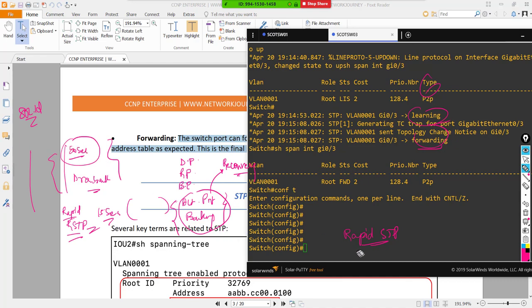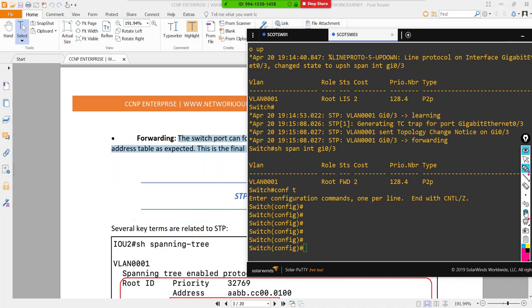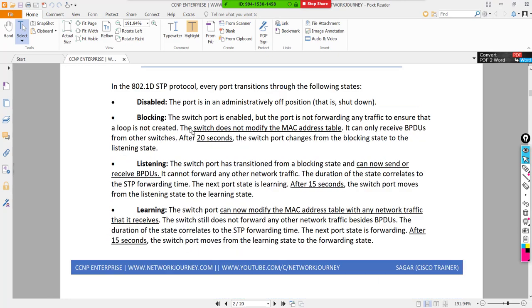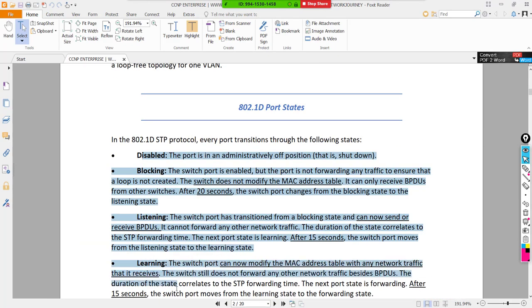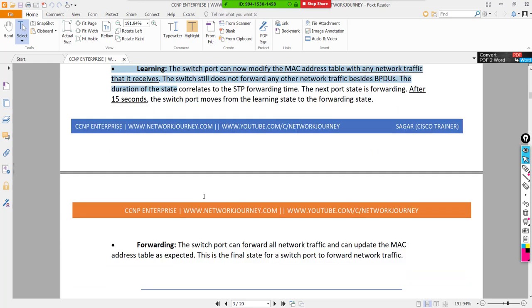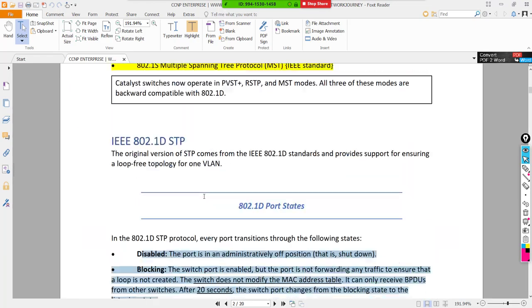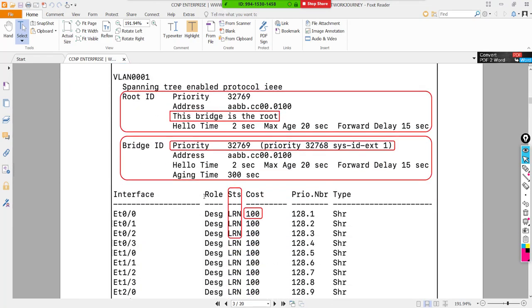The reason why we have to start with the legacy is otherwise we will not be able to understand rapid STP. Even the rapid STP has all the similar behavior of the legacy. It's only the timers and some tuning which is being done. Okay, so your RSTP will not have this part. This is different for RSTP. The one which will have is